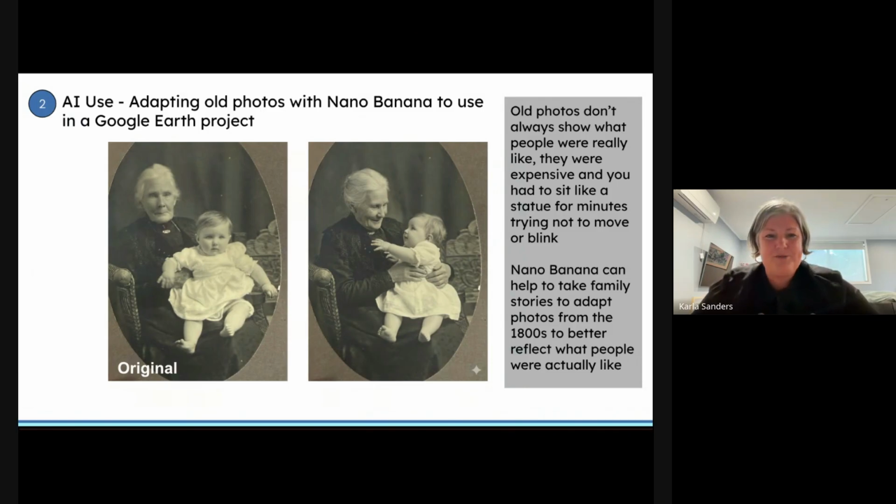And so it opened this really cool conversation about photos not really showing what people were really like, because A, they were really expensive to have taken, and B, it took a really long time and you had to sit really still. And so that made it really tricky. So the terrifying woman on the left here is my daughter's great